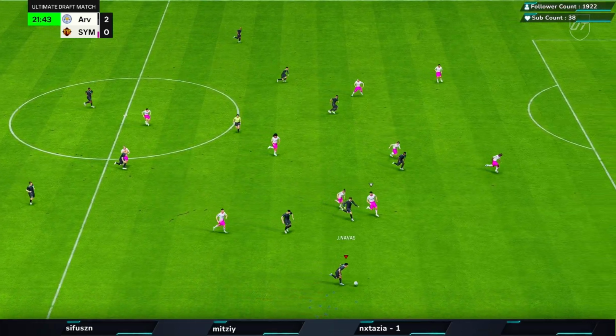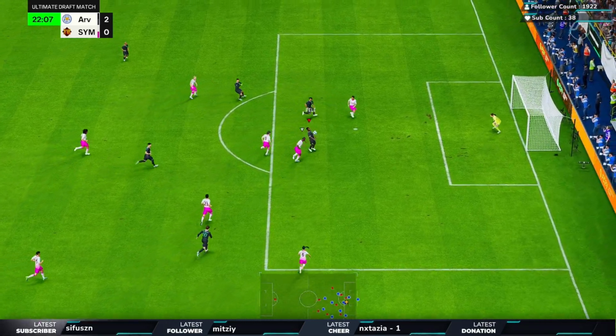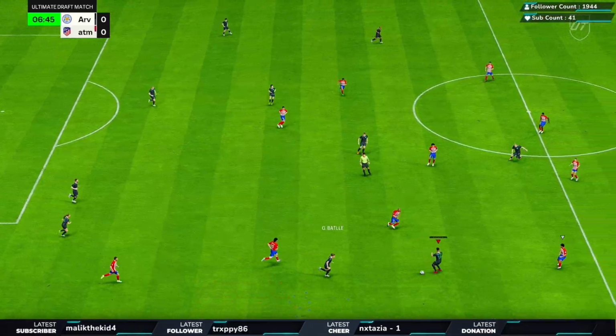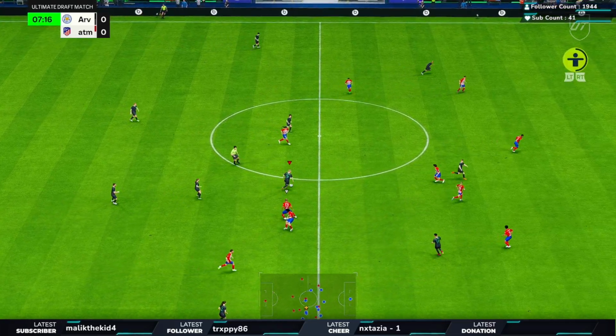Again, cutting backwards. Look how many runners we have forward here. But some of them are serving as a distraction. Space in the middle, we go through. It's a great ball from Pele into Ronaldinho. And that right there was just effective, efficient, whatever you want to call it, just brilliant football to secure the